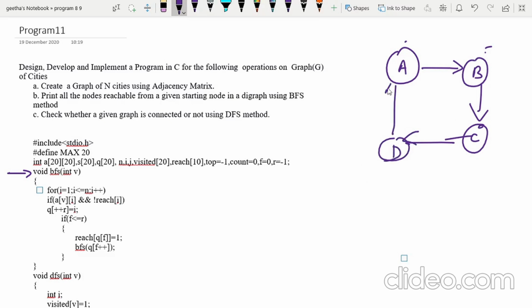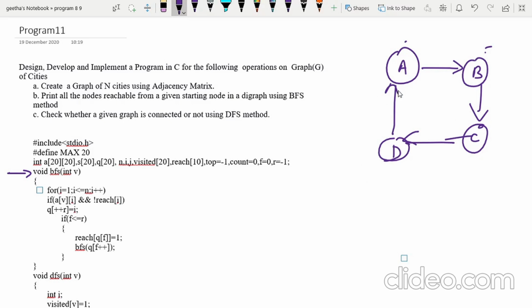You can see from A, it can connect to B, C and D, all the nodes. From B, it can connect to all the nodes. From C, it can connect to all the other nodes. D also can connect to all other nodes. So we can say the graph is connected. Every node needs to be connected to every other node in the graph.